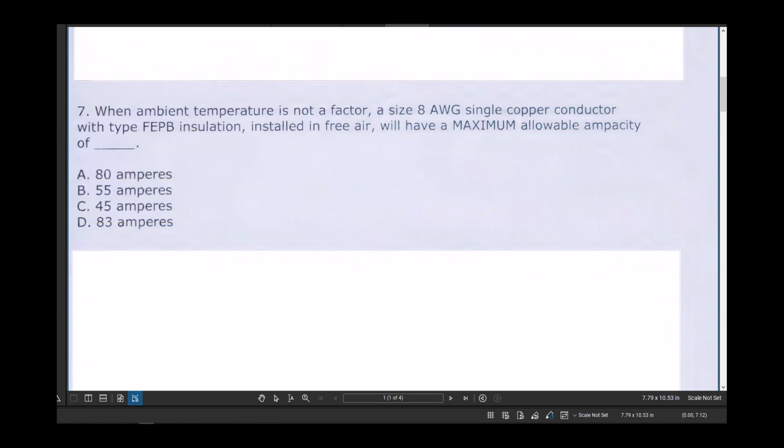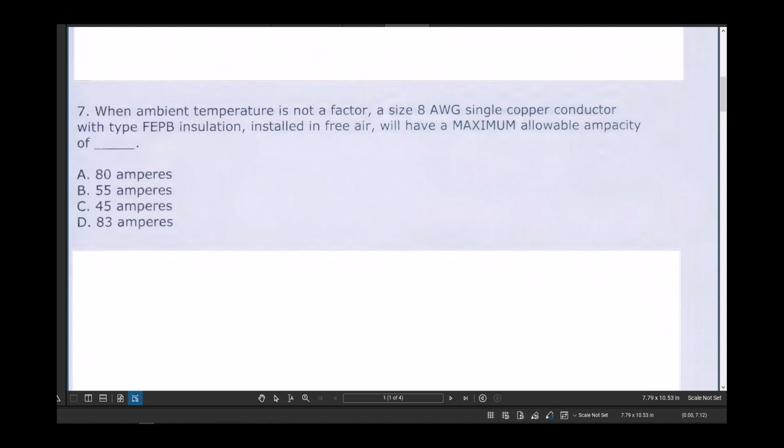Question 7. When ambient temperature is not a factor, a size 8 gauge single copper conductor with type FEPB insulation installed in free air will have a maximum allowable ampacity of: A. 80 amps, B. 55 amps, C. 45, D. 83. Now, if we highlight where we should go, we definitely should go to the ampacity area, but